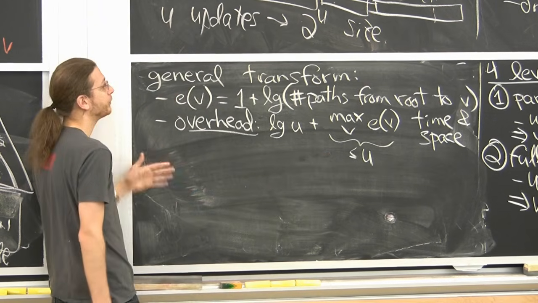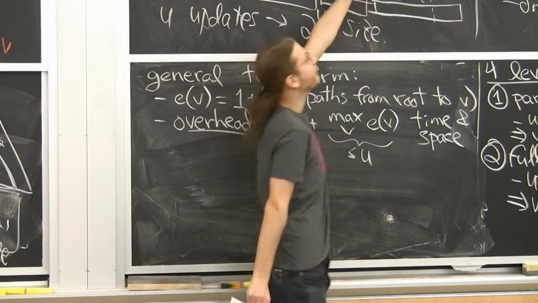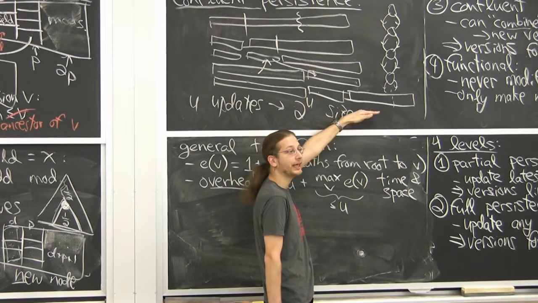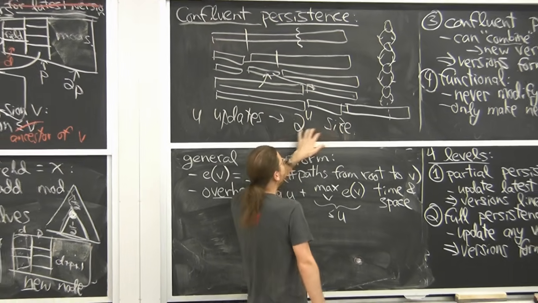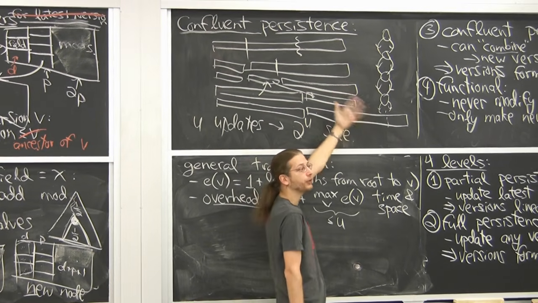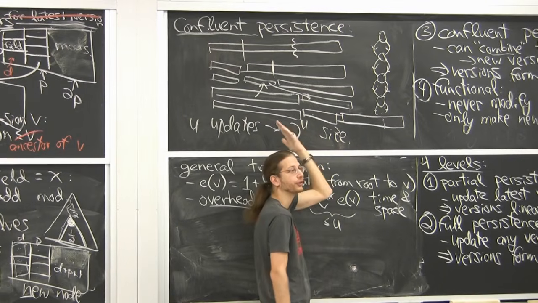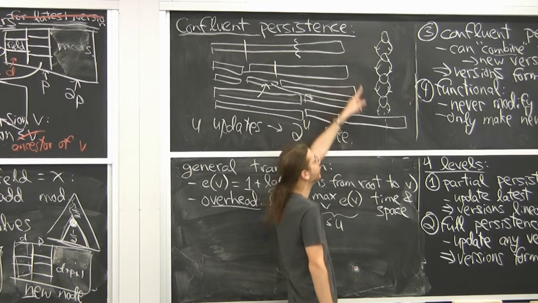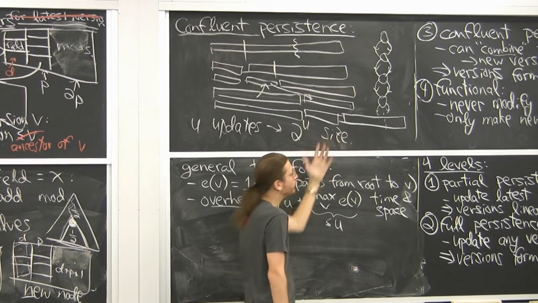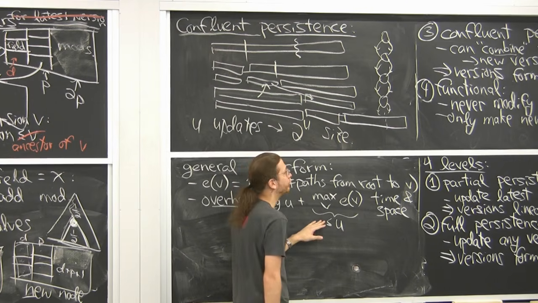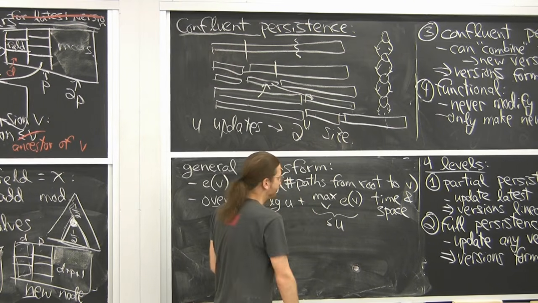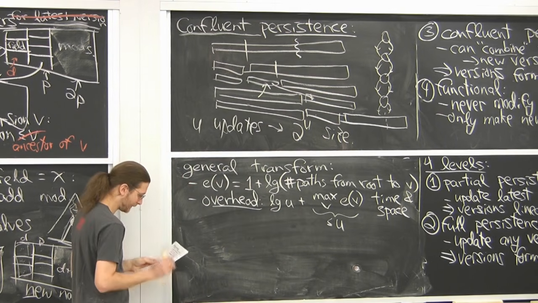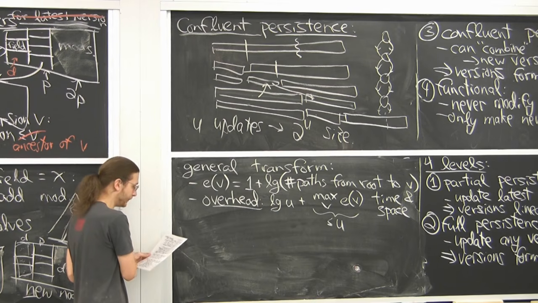The downside of this approach is that even if you have a version DAG that looks like this, even if the size of the data structure is staying normal, staying linear, so potentially you could be doubling the size, but we don't know what this merge operation is. Maybe it just throws away one of the versions or does something. Somehow takes half the nodes from one side, half the nodes from the other side. Maybe these operations do preserve size. Then there's no great reason why it should be a linear slowdown, but it is. So it's all right, but not great. And it's the best general result we know.